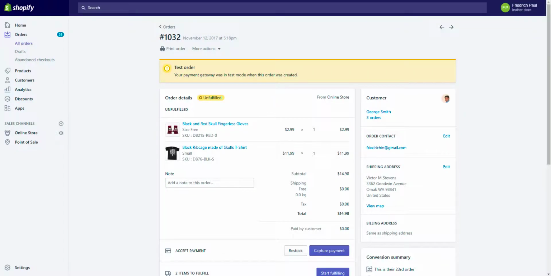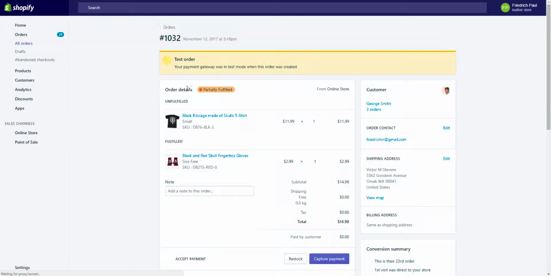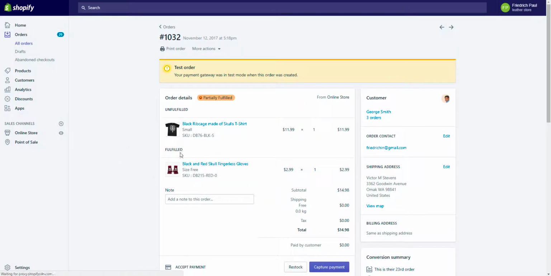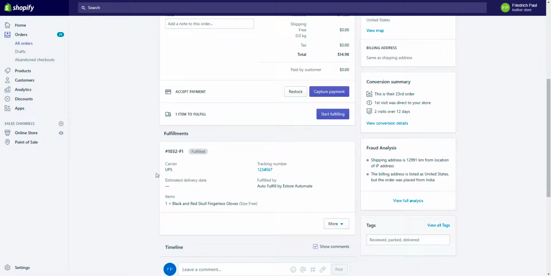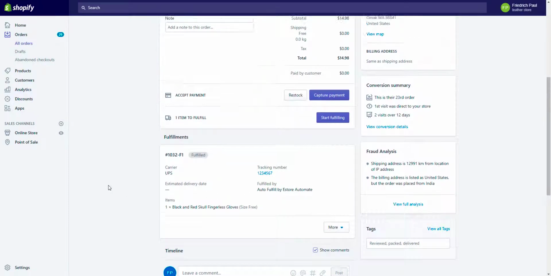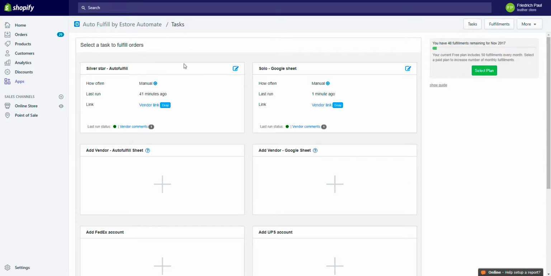And let's look at this order. We'll refresh this page and see what happened to it. It was unfulfilled, and now it's partially fulfilled. You see this has been fulfilled, related to that vendor called Solo. You see here the carrier UPS and the tracking number that we put there, and autofulfill has fulfilled this item. So using autofulfill, you can eliminate needless communications back and forth. You can streamline your order fulfillment system, and you can bring efficiency to your business